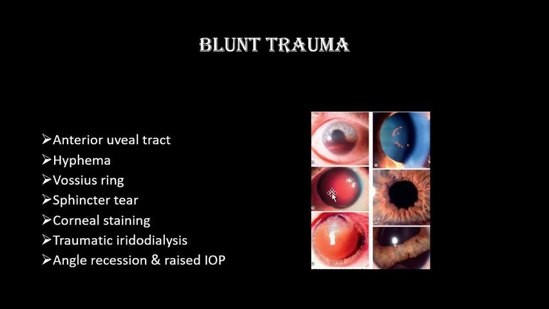This is total hyphema. See, this is severe trauma, and this is actually associated with corneal edema and very high intraocular pressure. So we need to treat this condition surgically. We need to do surgical evacuation of the hyphema in this case. Here we see there is a tear in the pupillary margin. See, here the pupil is round, but there is sphincter rupture here. We can see the tear in the sphincter.